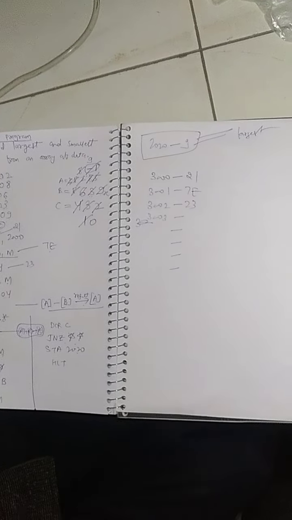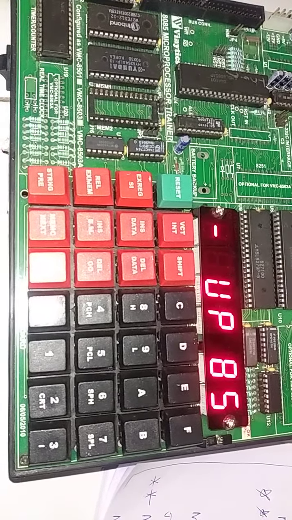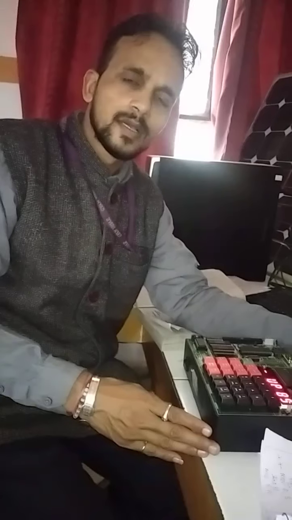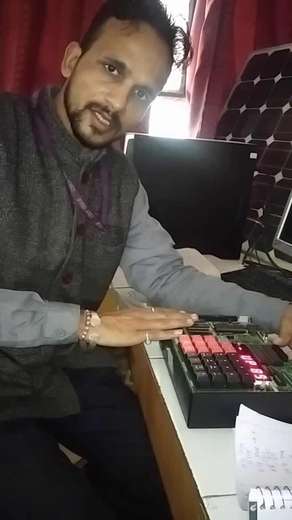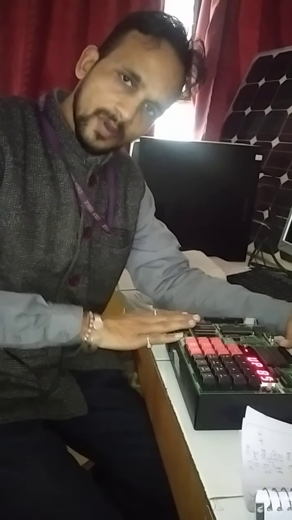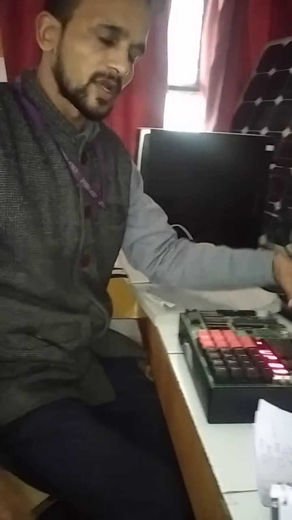Let us begin our journey on the kit, with the help of the opcode table, and we see the hex code directly. So now, dear student, on this microprocessor 8085 Anshuman kit, Vinytics kit, we will perform our practical on how to find out the largest or smallest number. So we will find out the largest number first.